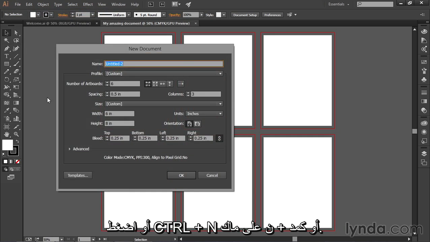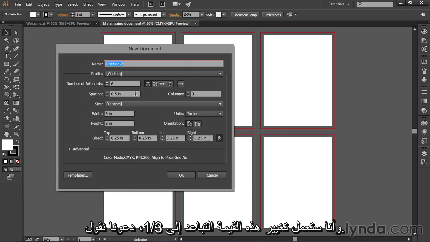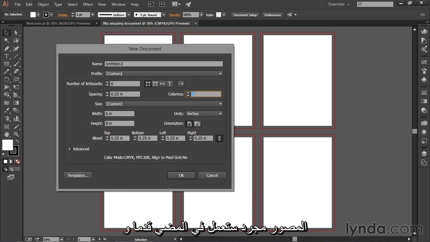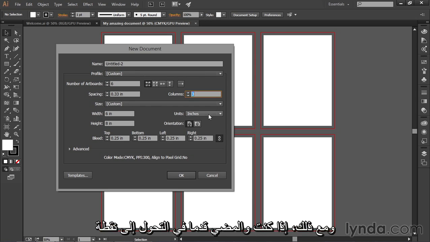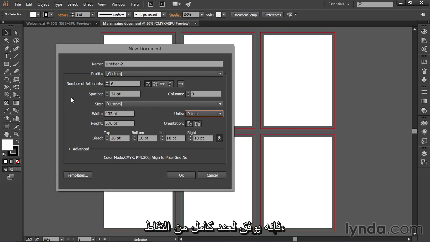or press Control-N or Command-N on the Mac. And I'm going to change this spacing value to 1/3, let's say. And because I'm working in inches, Illustrator is just going to go ahead and convert that value to a decimal, 0.33 inches. But if you know anything about fractions, the real decimal features a repeating 3 that goes on and on forever. However, if I go ahead and switch over to points, it reconciles to a whole number of points,